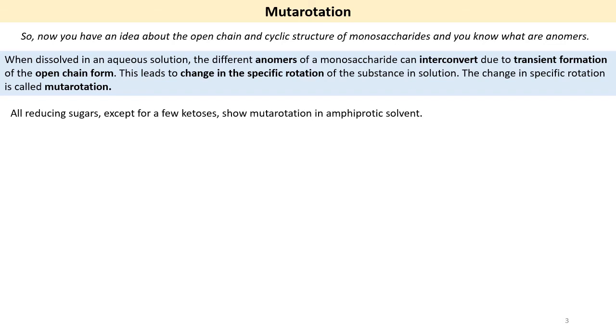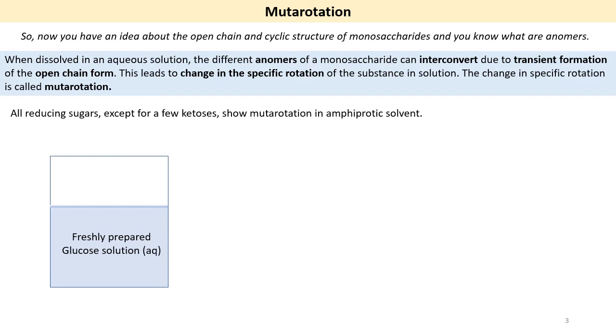Water is an amphiprotic solvent because water can give H plus, and the OH minus in water can also take up proton, right? Another amphiprotic solvent could be acetic acid. So CH3COO minus can take up the proton, and acetic acid obviously can generate H plus, right? So this phenomenon happens in case of amphiprotic solvents. So let's look at the example.